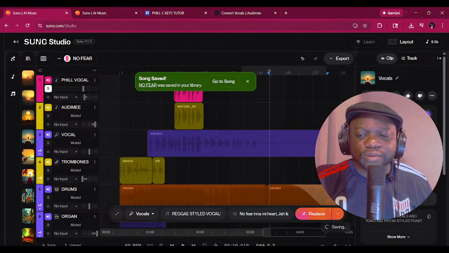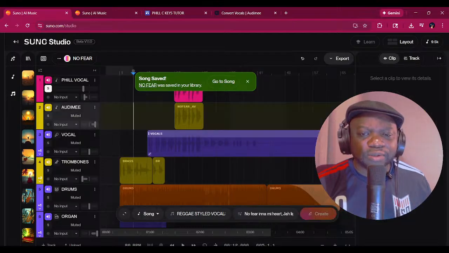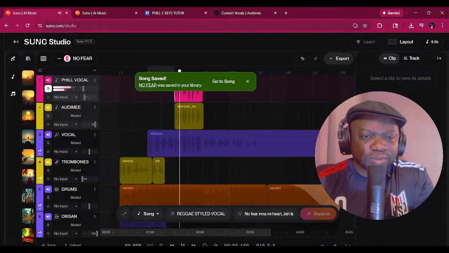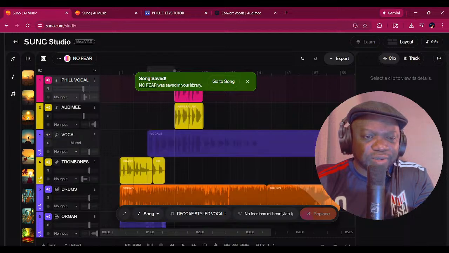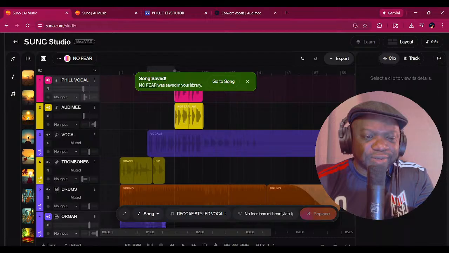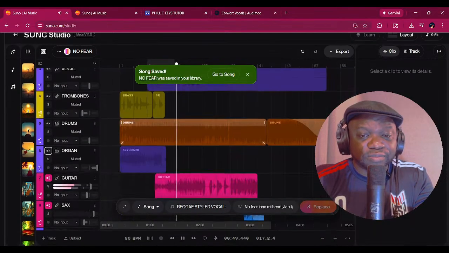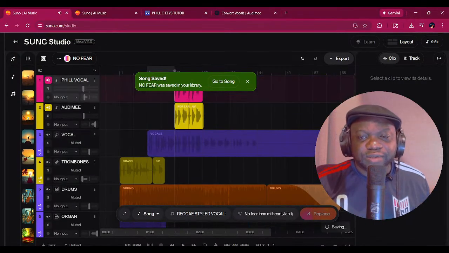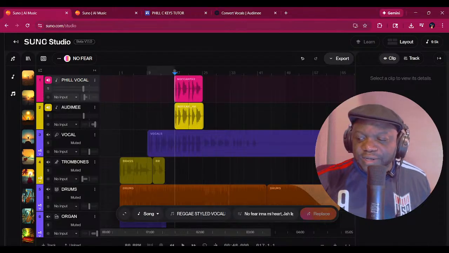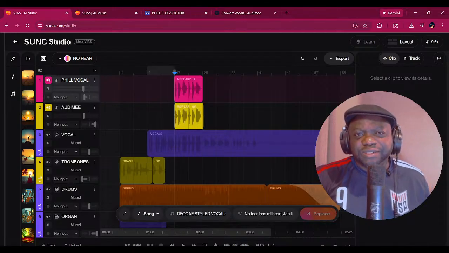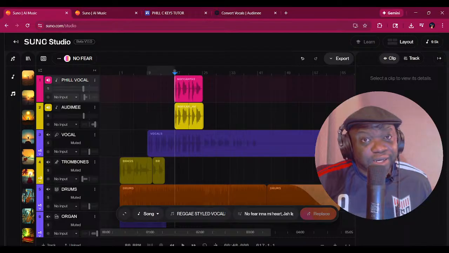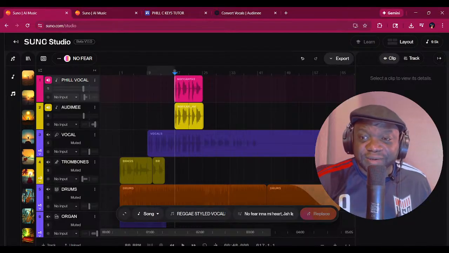This original vocal, where is it? No fear, no fear. And then I coupled that with the Automie vocal, and we had just those two in the beginning and nothing else. And we just built from these two. No fear. And we just built from there. So it was fun. It was a fun adventure. It might be more challenging to do this with some other styles, but you could start with drums, you could start with bass, you could start with keys, and you could just keep building as you go along.